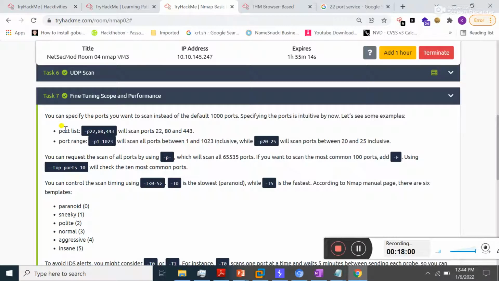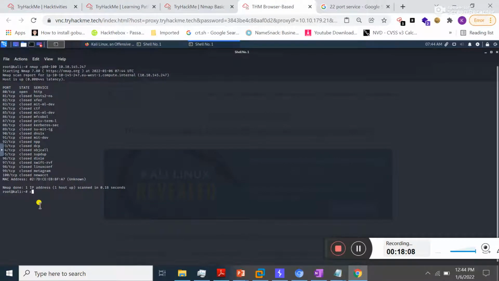You can actually scan multiple ports at one time by using this switch. If I type here nmap and some specific ports, like port 22, 80, 53, you can specify any ports by separating each port with a comma sign and press enter.